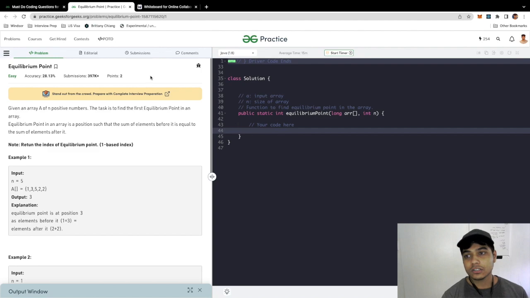Today we're going to take a look at one of the easiest problems in GeeksforGeeks, which is finding the equilibrium point in an array. So, what is an equilibrium point? An equilibrium point in an array is such that the sum of all the elements before a specific element in an array